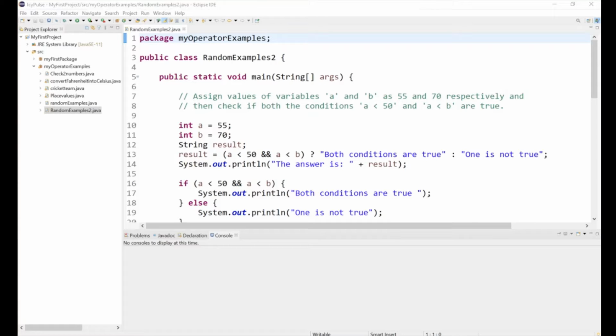So there's actually another way to write this, and that's using the if statements we learned. So we're going to write if A is less than 50, double ampersand sign, A is less than B. As you notice, there's two instances of the ampersand sign, and that stands for and. So it's just how you say and in Java. So now we're going to print the line, both conditions are true, else 1 is not true. So if we run this,